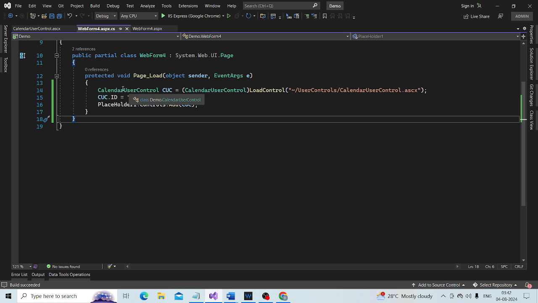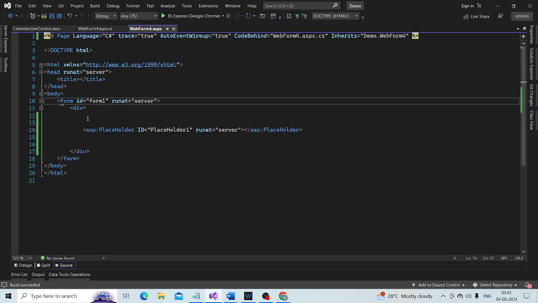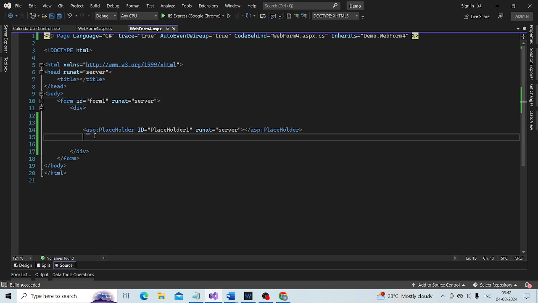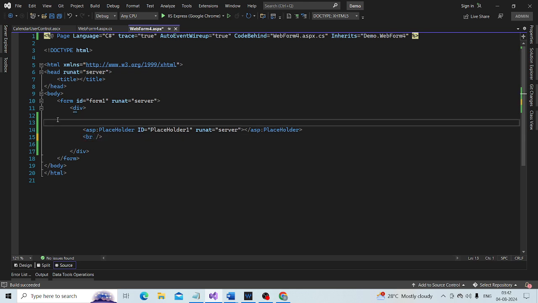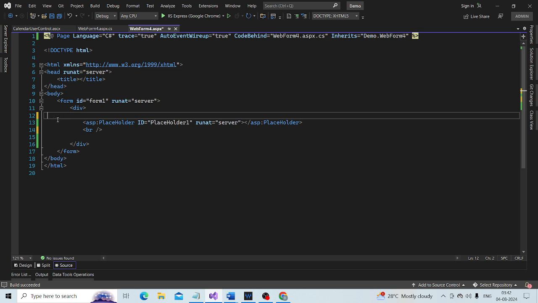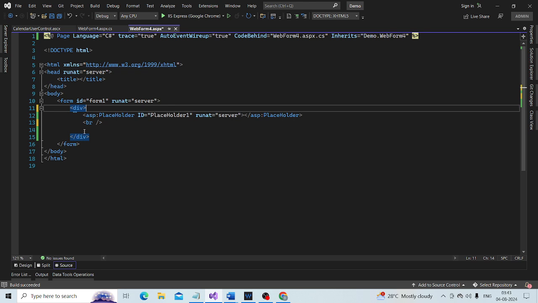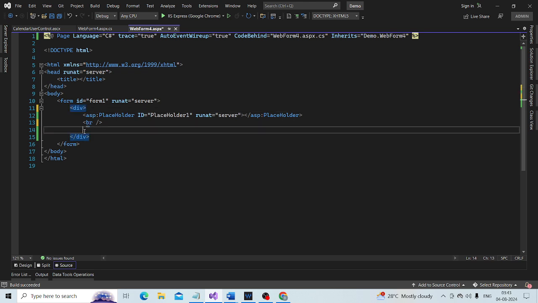Okay, so let's first go ahead, drag and drop a button control onto the web form. So I have an HTML break there. So go to the web form. I have an HTML break there.